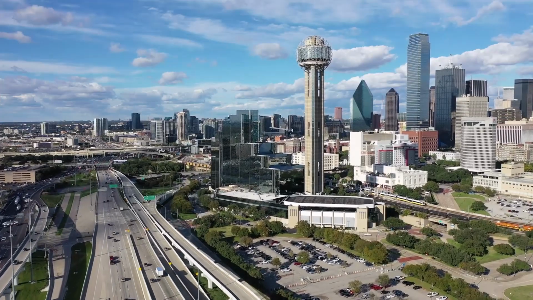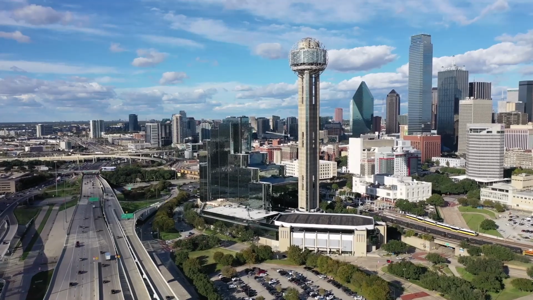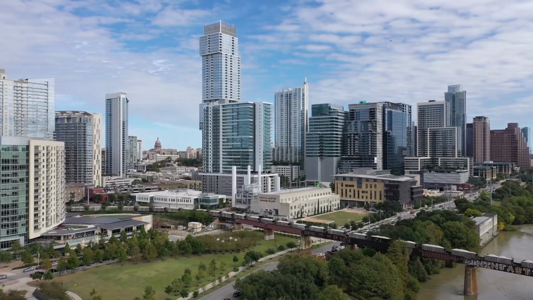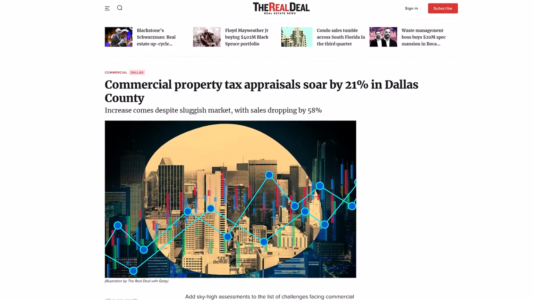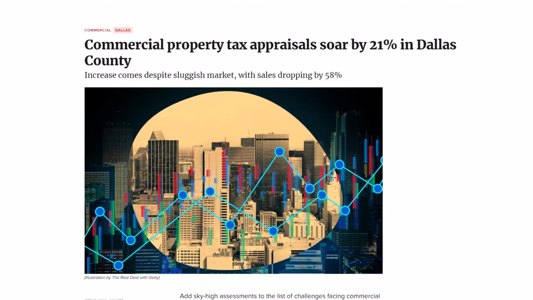Other investors in states like Texas, which reassess property values every year regardless of whether a property is sold, have seen huge assessed value increases over the last 5 years. And because property taxes are often one of the biggest expense line items on a commercial property, major assessed value increases can cause material reductions in net operating incomes, all else being equal.